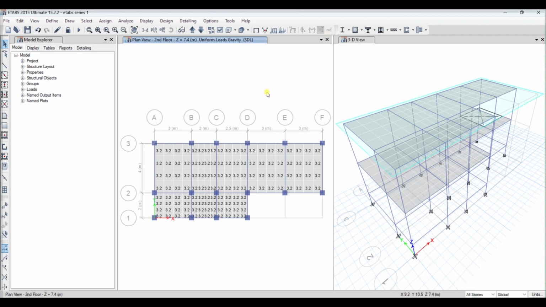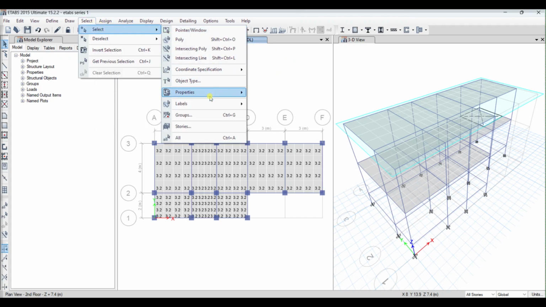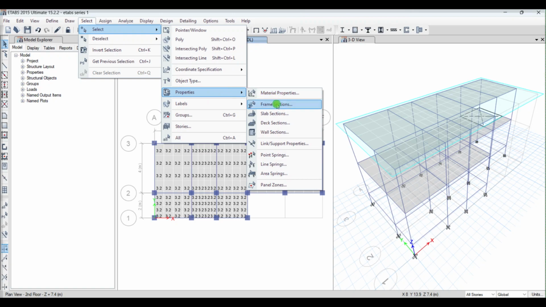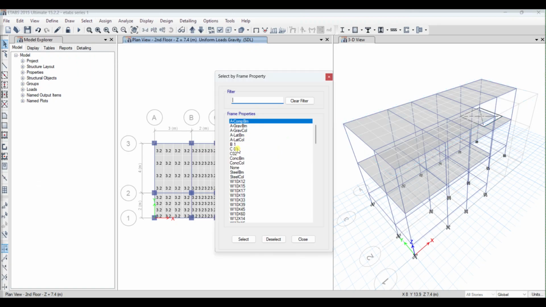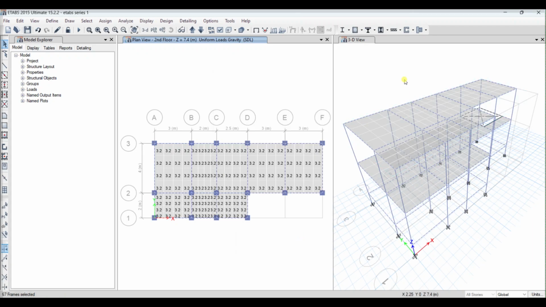This is all story, let all story be open, but I need to change this, let all story select, go selection. Okay, selection, and properties, frame section, beam 1, select. So your all beams are selected, but on some beams there is no walls, so no